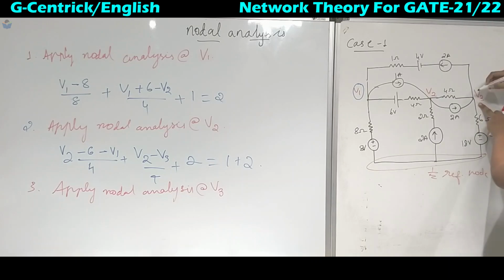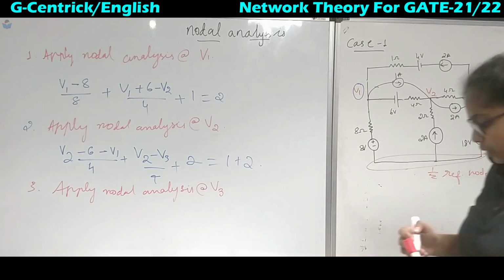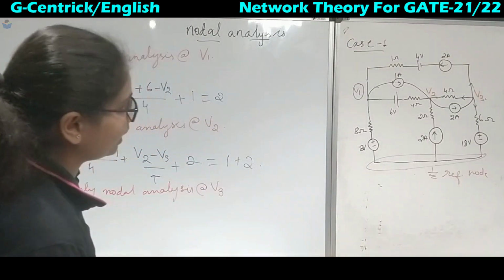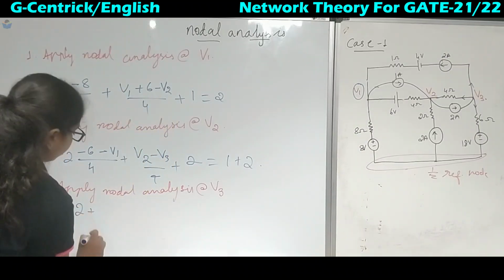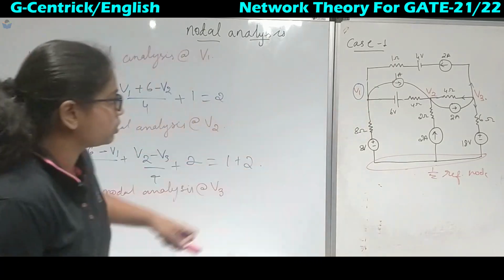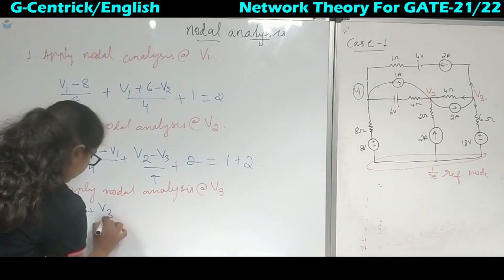V3 is here. We have to consider this as higher potential, and the current is going in this direction. Here also the current is already marked outgoing; this is incoming and this is outgoing. So this is at higher potential and this is at low potential. Now write the equation standing at V3: write the outgoing 2 plus, and here (V3 minus V2) upon 4,